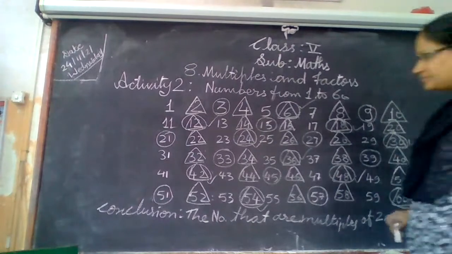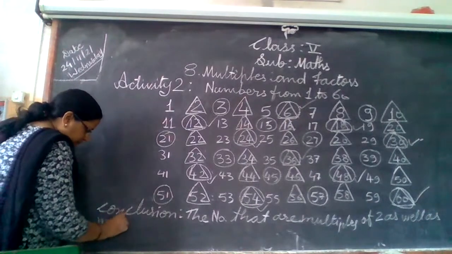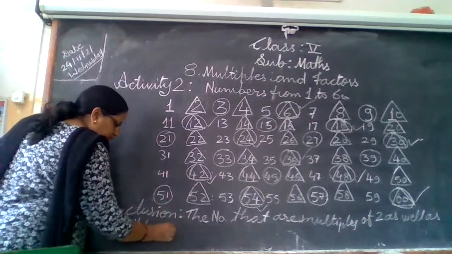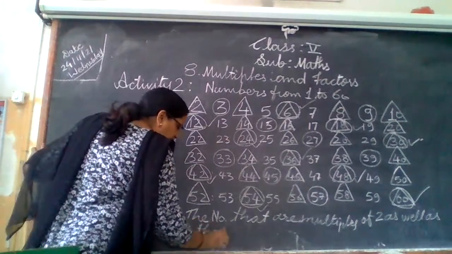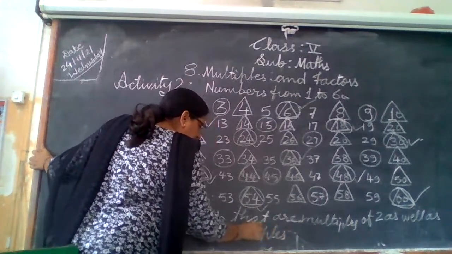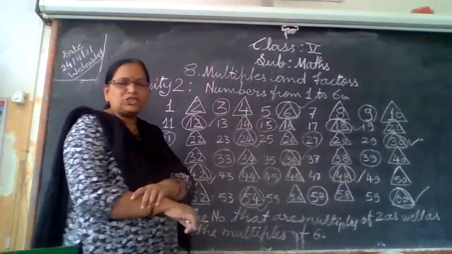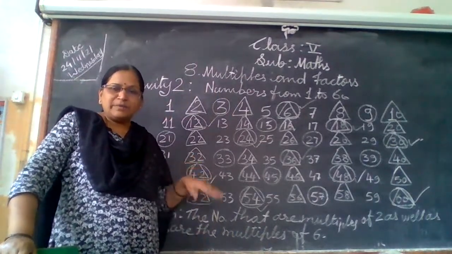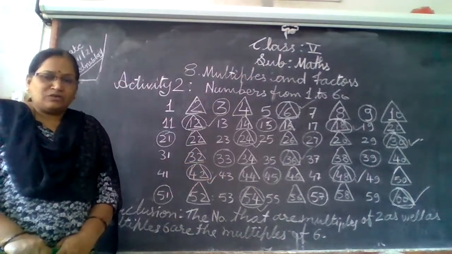The numbers that are multiples of 2 as well as multiples of 3 are the multiples of 6, because 2 into 3 is 6. So numbers that are the multiples of 2 as well as the multiples of 3 are the multiples of 6